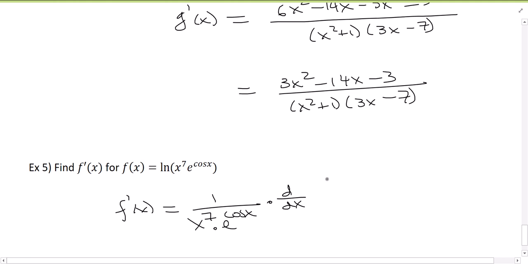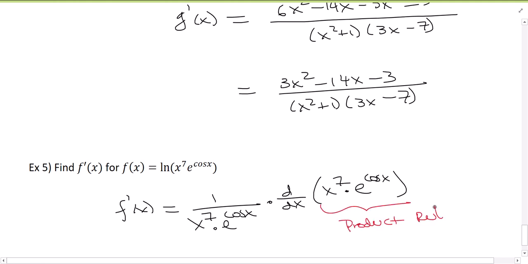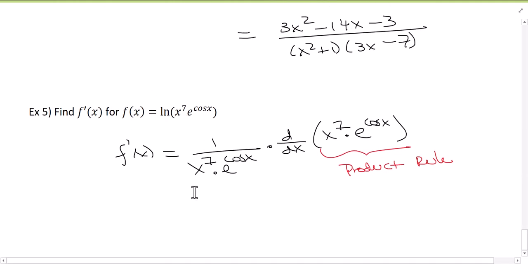But when I take the derivative here of x to the 7th times e to the cosine x, what do I have to do? There's a reason I said x to the 7th times e to the cosine x, right? This is a product, so I have to use the product rule. So anytime that I find myself needing the product rule or the quotient rule when doing the chain rule on a logarithmic problem, that means that I can rewrite it. So I'm going to pause there and stop myself and be like, oh, wait a minute, I can rewrite f of x